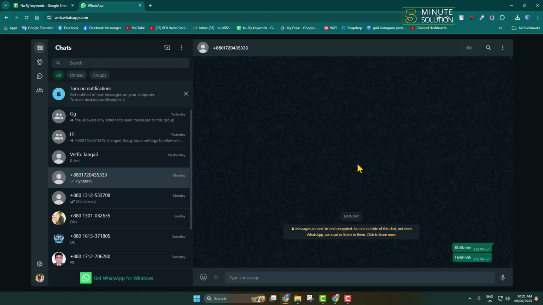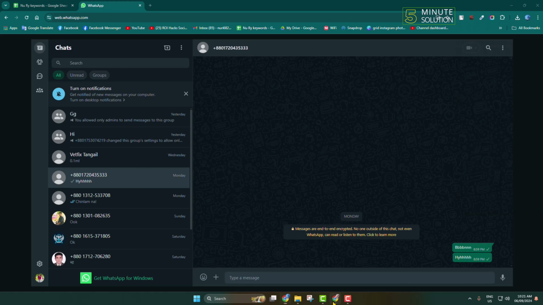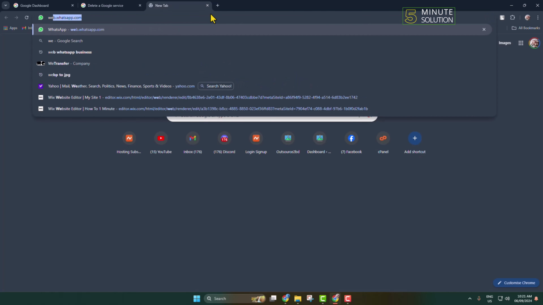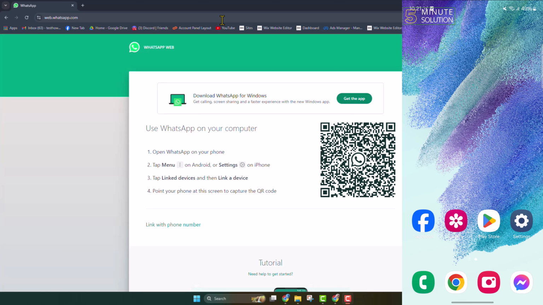And now to use or add your second WhatsApp account, you can open a different browser or you can open an incognito window. In my case, I'm adding a different browser and the same way I'm opening web.whatsapp.com and do the same thing on your